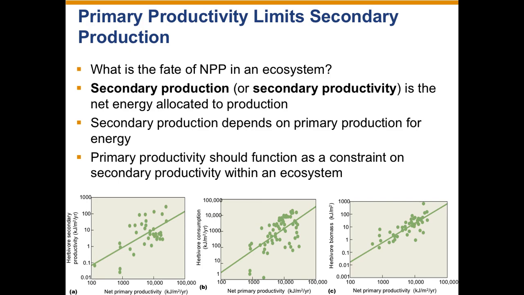And this is crucially important, particularly when we're thinking in terms of food webs, because the amount of energy and the amount of carbon that gets absorbed into a secondary consumer or primary consumer is directly related to the amount of energy that's produced and available from its primary producers.